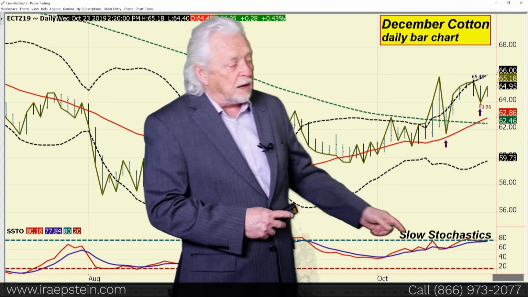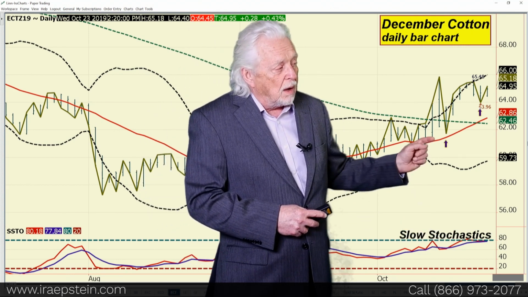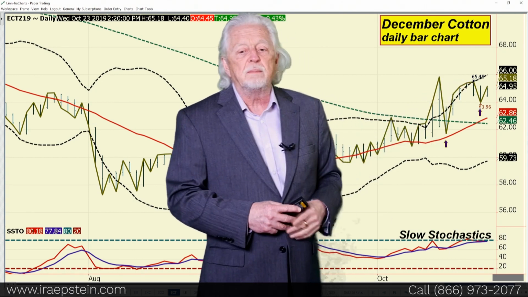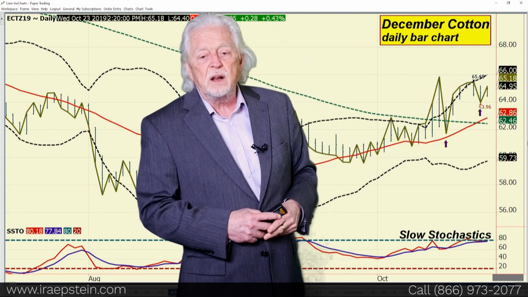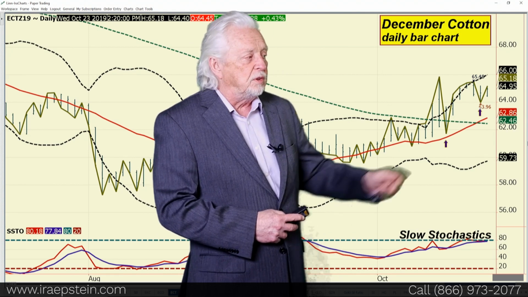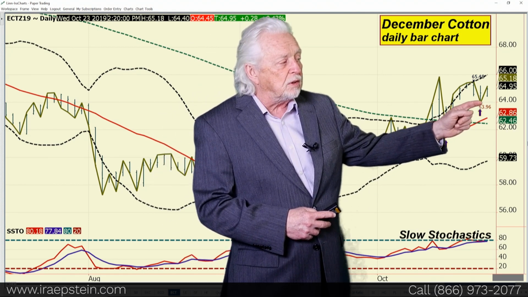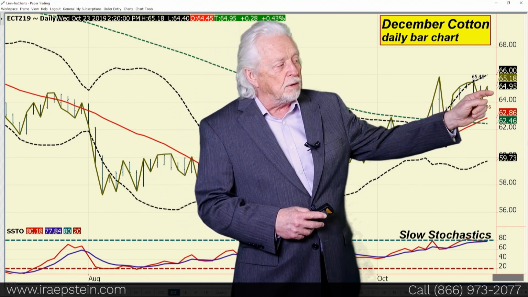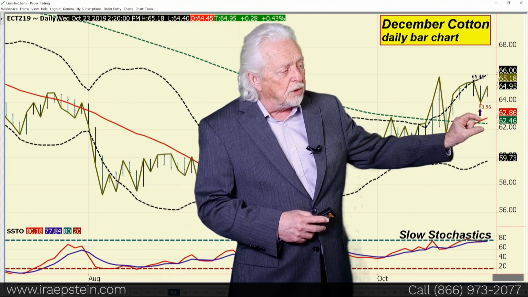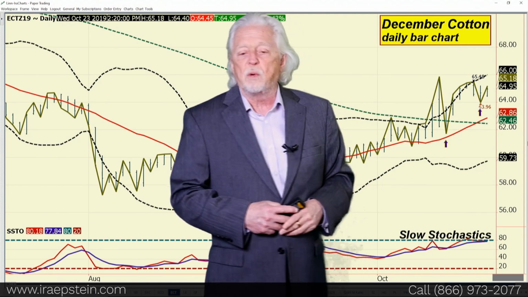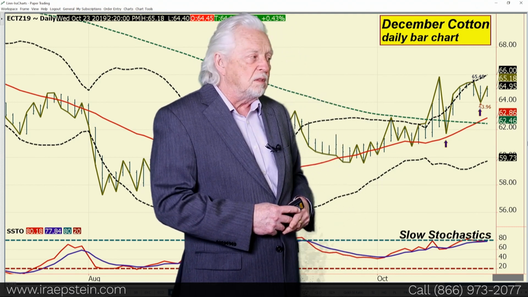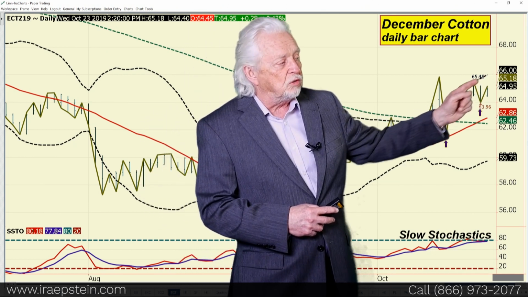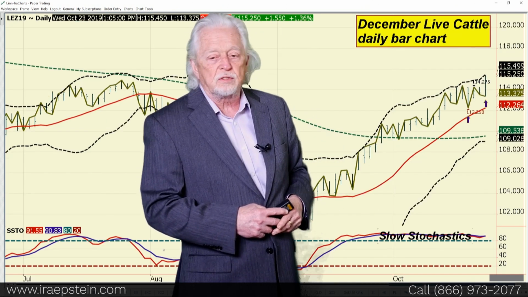In the cotton market, overbought, higher lows, lower highs all of a sudden. I see a market in a pause stage. I'm going to give the benefit to the bulls still until you take out 63.96. Take that number out, and then you'll have a pattern of lower highs, lower lows, and maybe the market makes a run for the support at the 18 and the 100-day averages. If the market wants to run up here, resistance, the upper Bollinger Band,